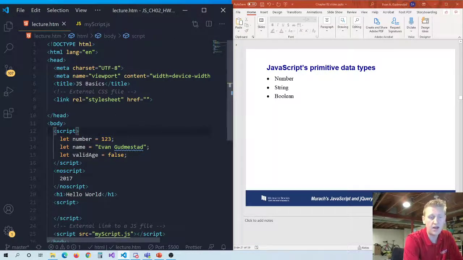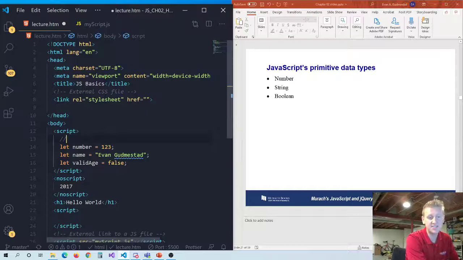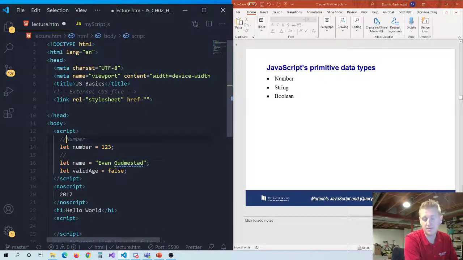The first data type is number. A number is just like 123. It can have a decimal point, whatever. The second data type is a string. A string can hold any